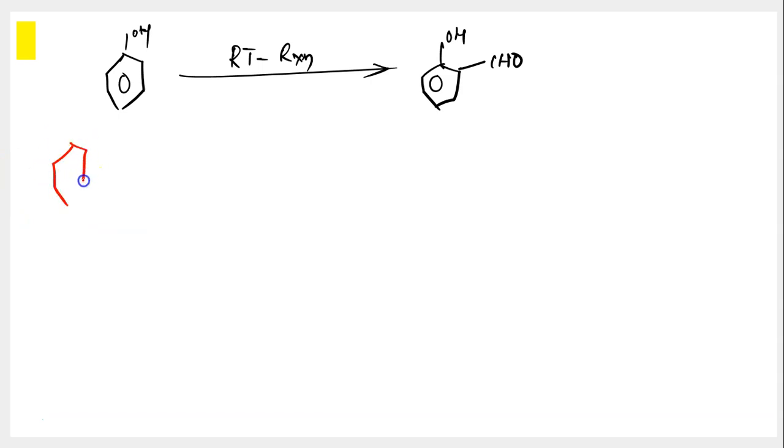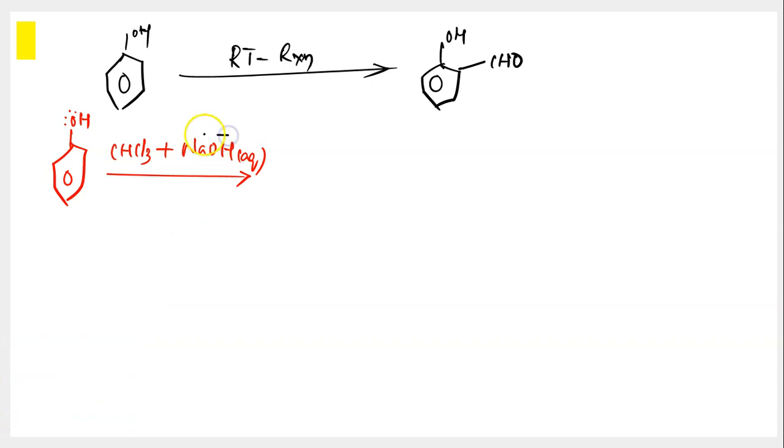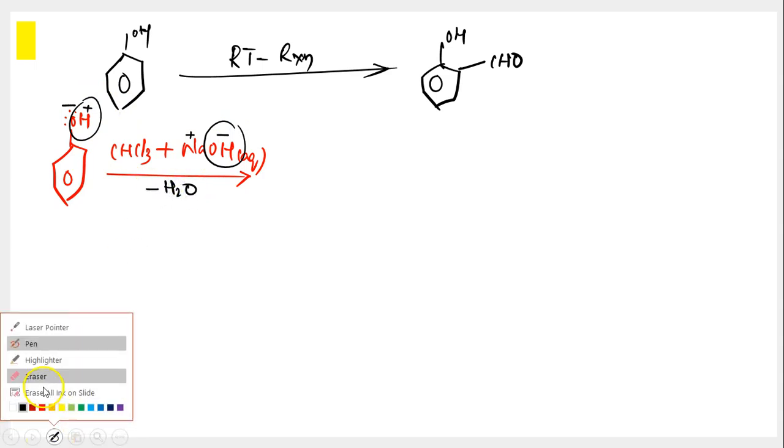I'm taking the phenol again. As you already know, in phenol, the oxygen consists of two lone pairs of electrons. So initially, I'm treating this phenol with a mole of CHCl3, which is nothing but chloroform. Along with chloroform, I'm also taking aqueous NaOH. Aqueous NaOH is nothing but the ionic form of NaOH. You'll have OH minus and Na plus ions. And this Na plus would be attacking O minus and H plus would be getting out along with this OH minus, leading to formation of H2O. H plus would be getting out, not OH altogether, only H plus, alright?